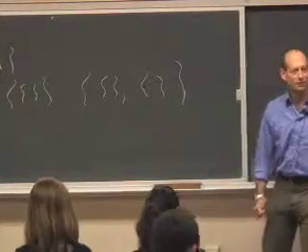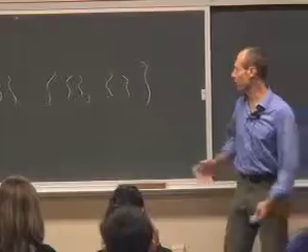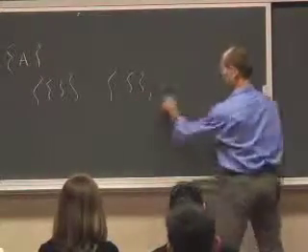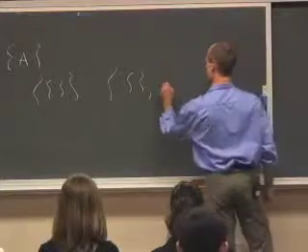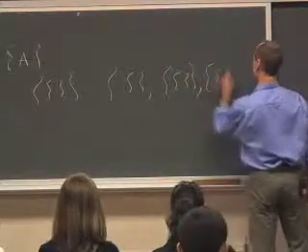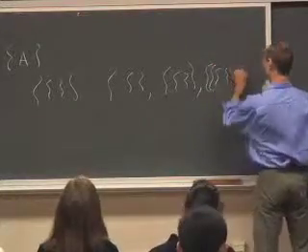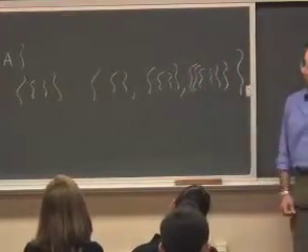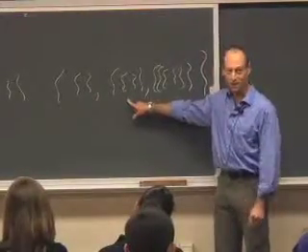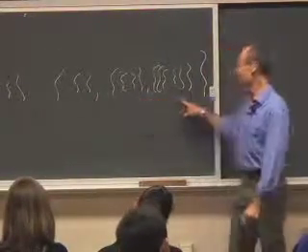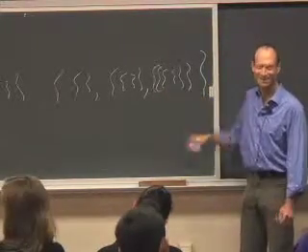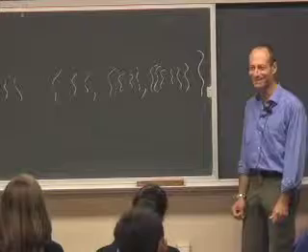Sorry? Three, yeah, so 3 would be, what are the three elements? We have the empty set, we have the set that contains the empty set, and we have the set that contains the set that contains the empty set. Okay, we have an empty bag, a bag that isn't empty, it contains an empty bag, and another bag that isn't empty, it contains a bag that contains an empty bag. Okay.